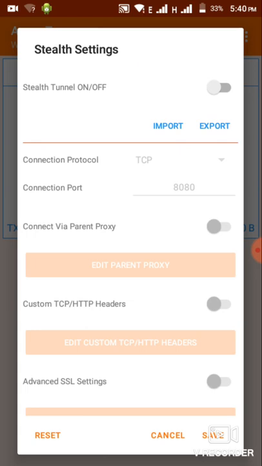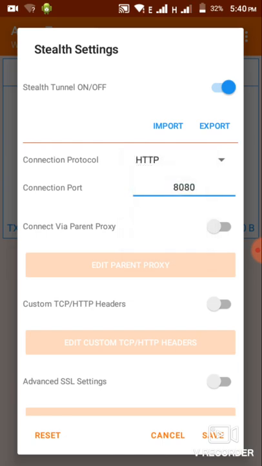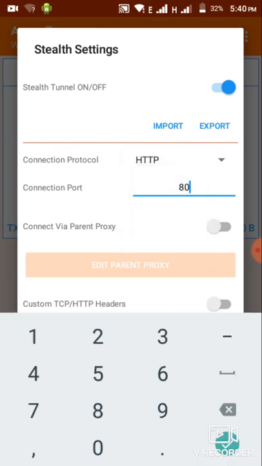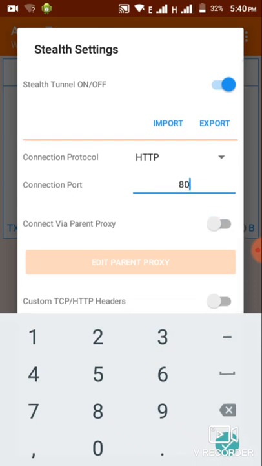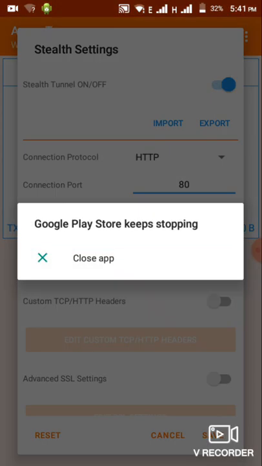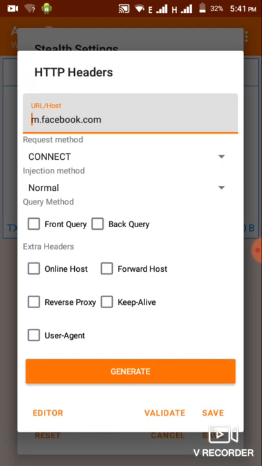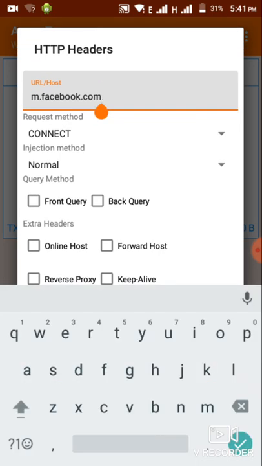What you have to do here is turn this on, and for the connection protocol, you have to turn it to hypertext transfer protocol. We're going to be using connection port 80, and then we're also going to turn on the custom TS and HTTP headers. So we turn that on, and then we go to edit custom TPs. From here, what you have to do first is edit out this URL